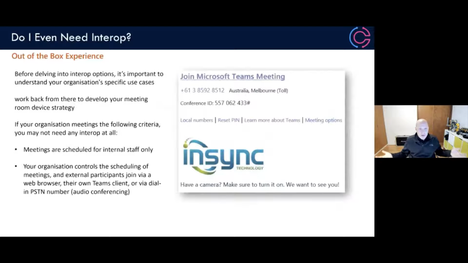So the first question that's worth asking is, do I even need interop? What's the out-of-box experience like with Microsoft Teams? Before delving into the interop options, let's have a look at some of the use cases that an organization